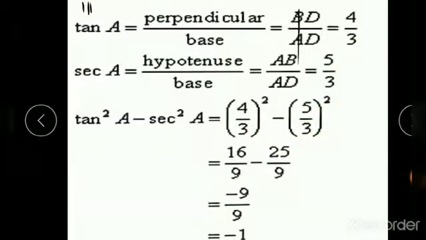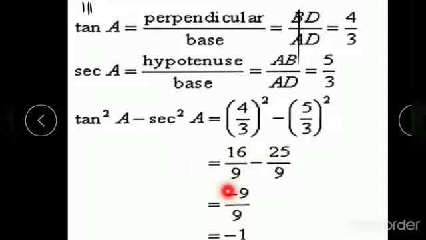So you write the square. Okay. So now 4 square will be 16 and 3 square will be 9 and 5 square is 25 and 3 square is 9. So here in the denominator you have the like term. So you need not find out the LCM or you need not do the cross multiplication. You can directly write it as 9 in the denominator and 16 minus 25. Subtract the numerator. What do you get?